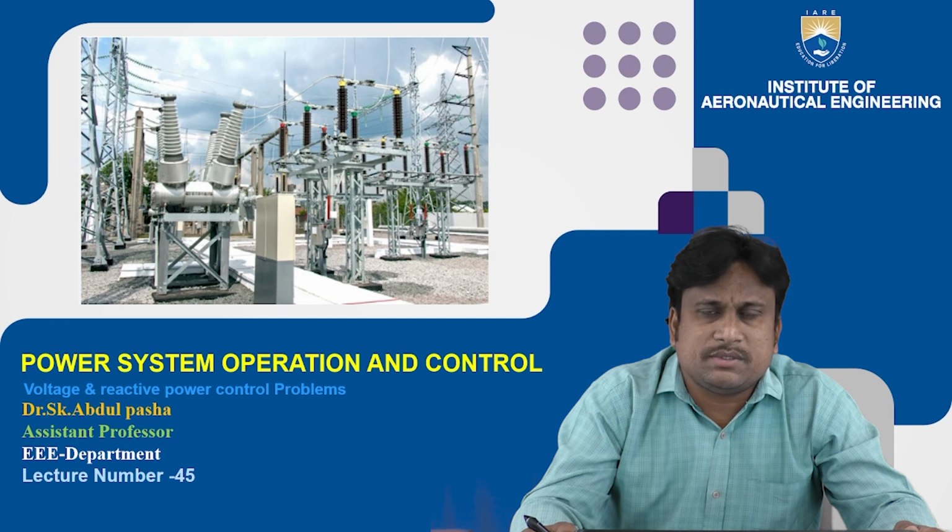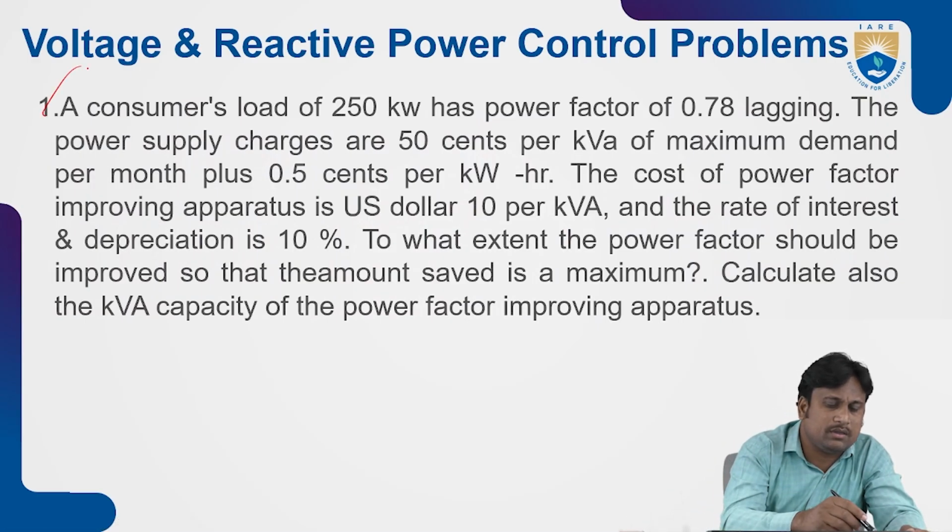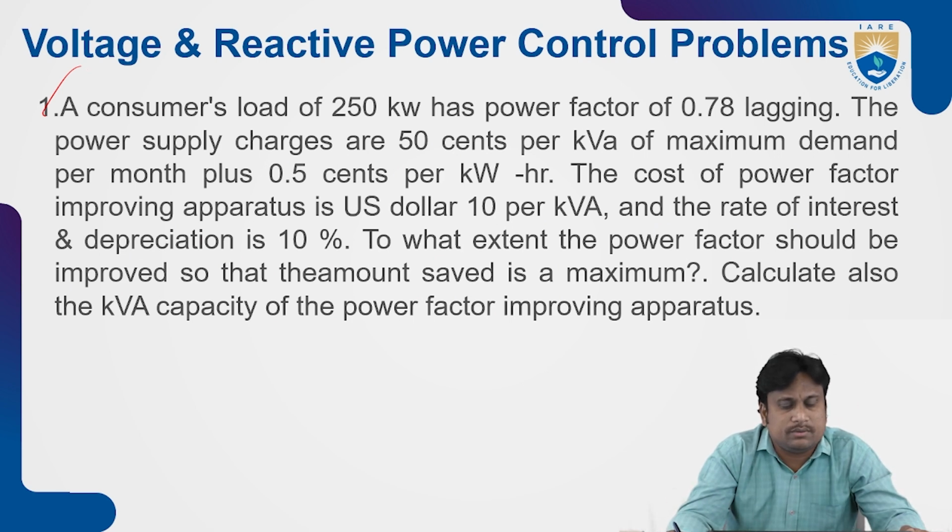Now this will describe numerical analysis. We will take some simple examples and based on them we will elaborate the problems. The first example is about a consumer's load of 250 kilowatts, which has a power factor of 0.78 lagging. The power supply charges are 50% per kVA of maximum demand per month, plus